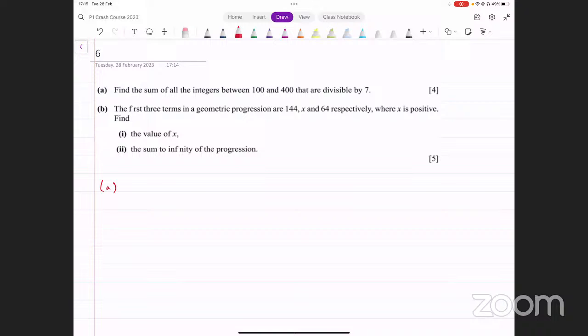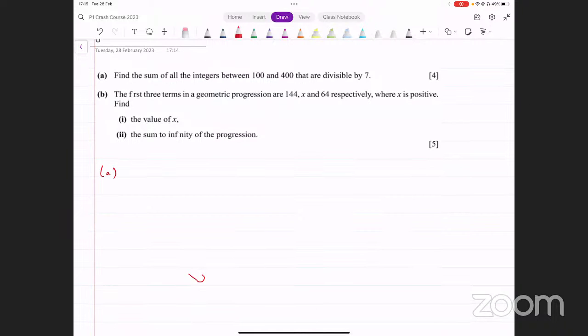We're basically looking for multiples of 7 in this interval between 100 and 400. Now, let's start with the first number. What should be the first number? 100 is not divisible by 7. Let's think of the first multiple of 7 after 100. So 101 divided by 7 doesn't work. 102 doesn't work. 103 doesn't work. 105 eventually is going to work. 105 is a multiple of 7. So the sequence is actually going to start from